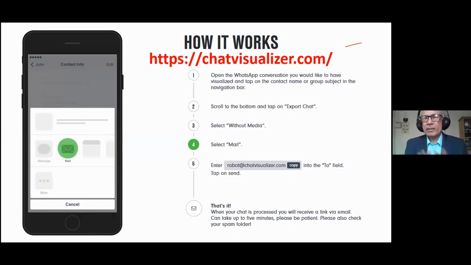I repeat it again. Open your WhatsApp, and it can be a chat message of a group or of your friend, anyone. If you have something, export that chat, export only the text, no media. No media means no video, no images, whatever it may have, only the text. Once it is selected, you can download it to your computer and email it from your computer. Otherwise, directly from the mobile phone, it can email there. You just email it to them.